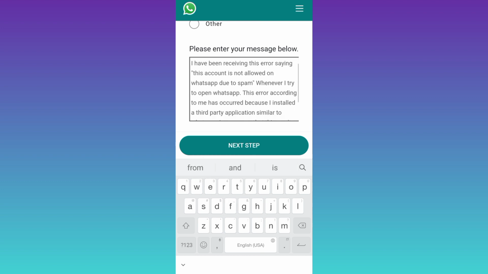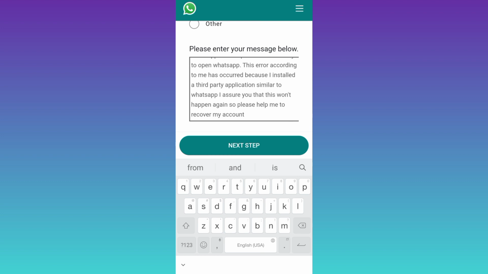And once you have stated down your issue, all you have to do is to click on this next step option. And once you click on it, you will receive a response from WhatsApp on your given email address and your